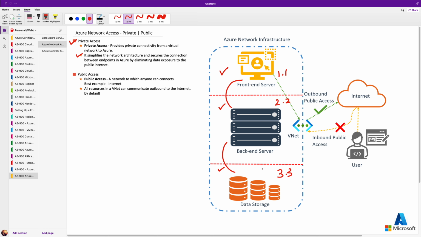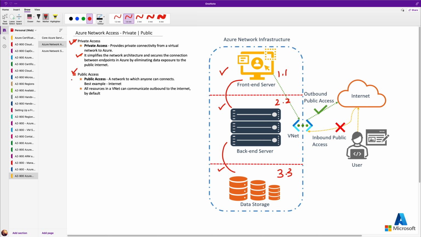Now let's move forward to the next step. It is all about the public access. So guys, just like I explained already, public access is something where you want to give complete access to the people who are sitting over the internet, and you want them to access your web server or maybe a certain server where you have some sort of data that all of the people should have access to. So that's how you need to think about public access, because just like I said, by default,